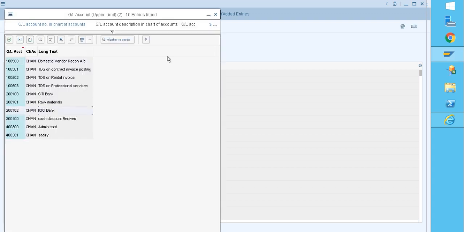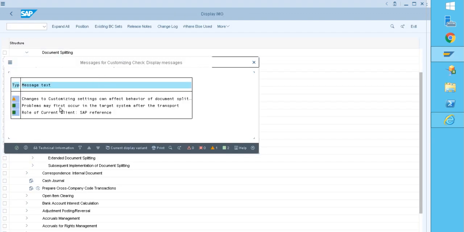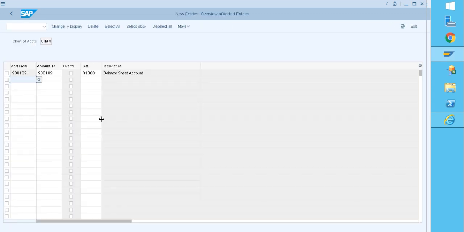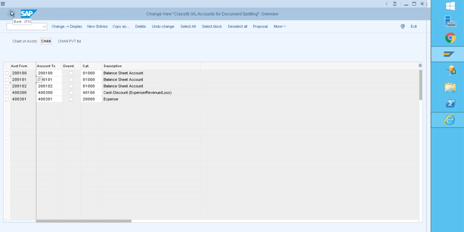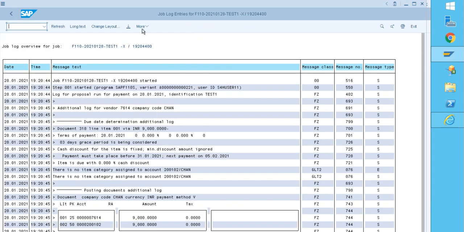This bank account is not assigned in the document splitting classification for the GLs. I assign it and save. Yes. I have done the classification. Again go back and cancel this.